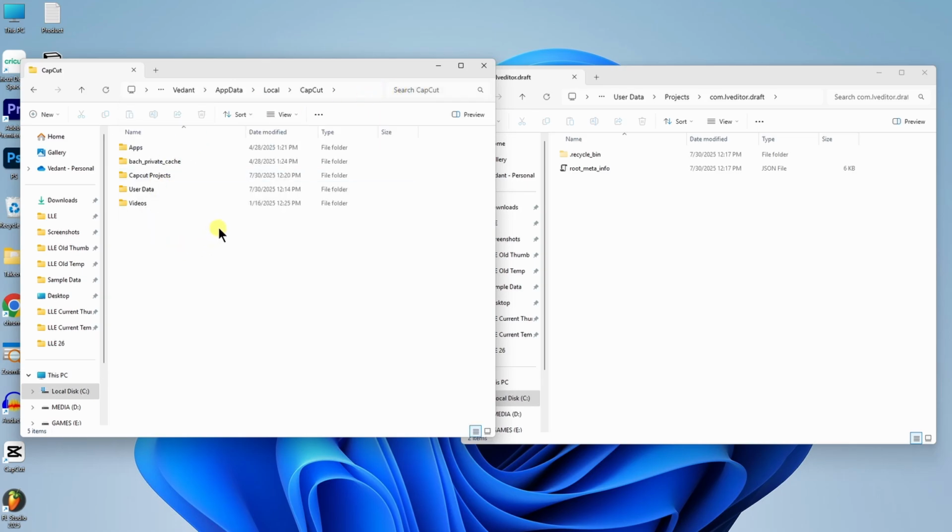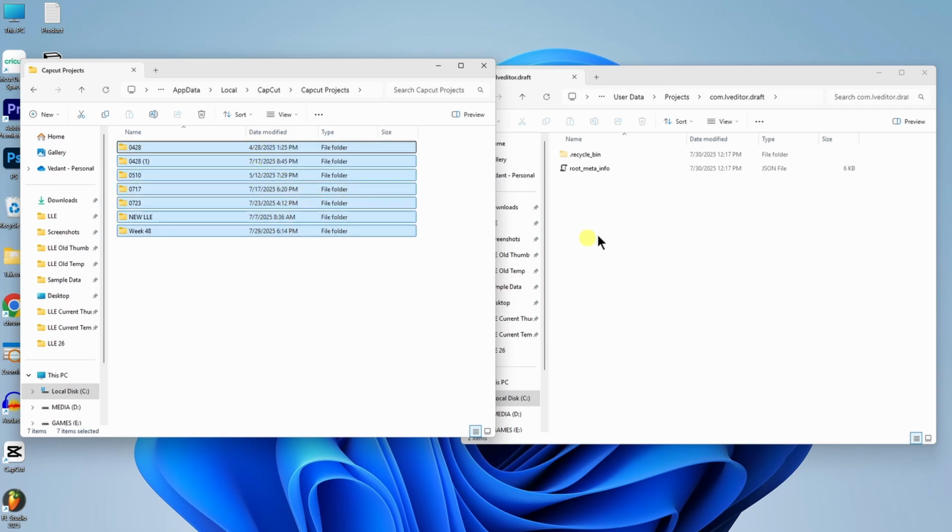So this is the main folder of CapCut, and it is quite possible that your previous project files could be here, and you can just easily drag and drop your project file right here. If you're having difficulties finding the project, you can search the project name right here, and once you get the project you can easily drag and drop it right here. So this is the folder. In my case I can see CapCut projects, and all of these are my previous projects. I can select all of these projects and just drag and drop them here,